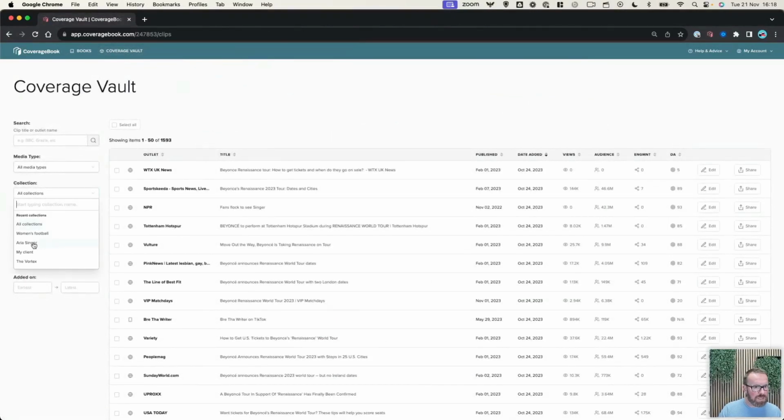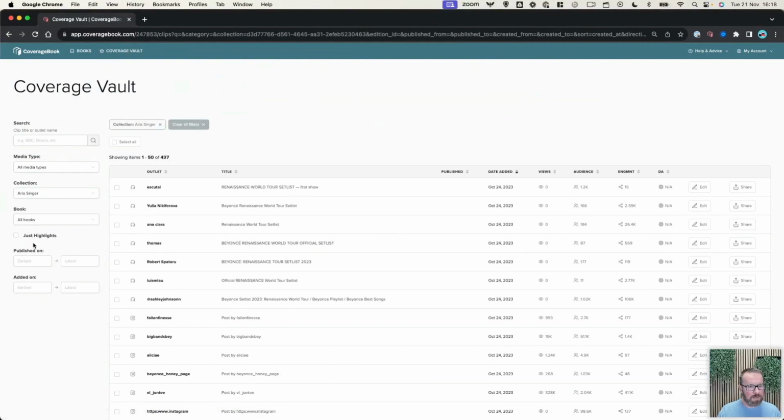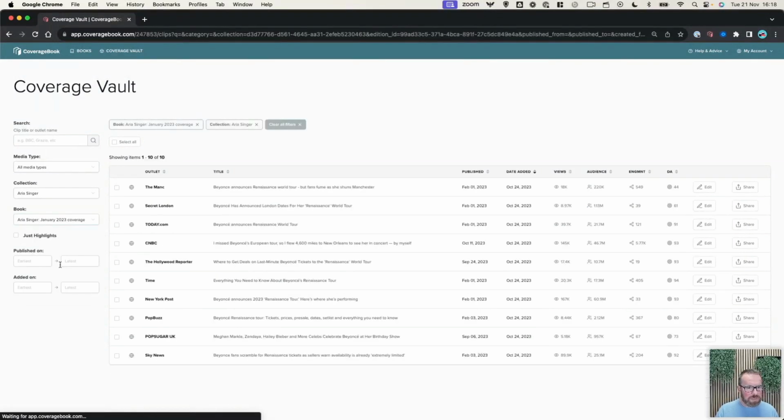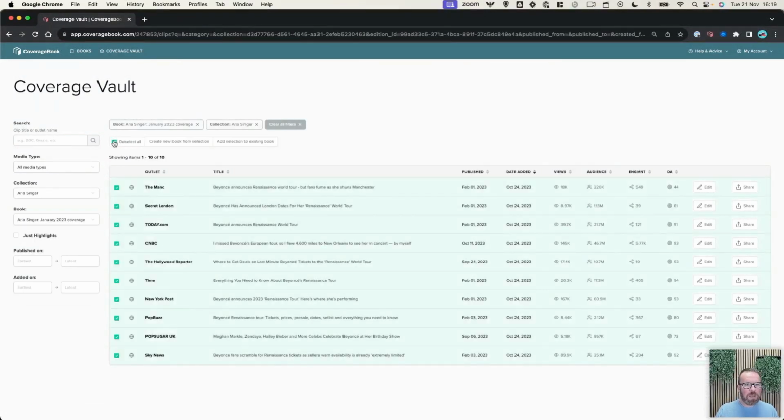I'll find my client. And now I can just search for the first book that I want to create, and that's the January 2023 coverage. It's probably worth mentioning at this point that if you don't do this already, I would suggest giving your books a very descriptive title so that you can find them more easily later on, especially if you tend to have lots of clients. So for example, I can just click on this January 2023 coverage book, select all clips,